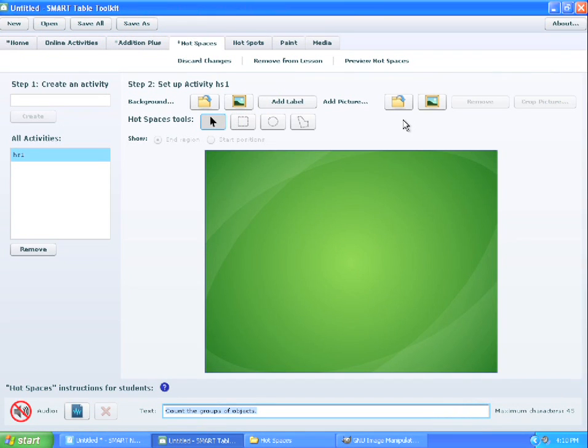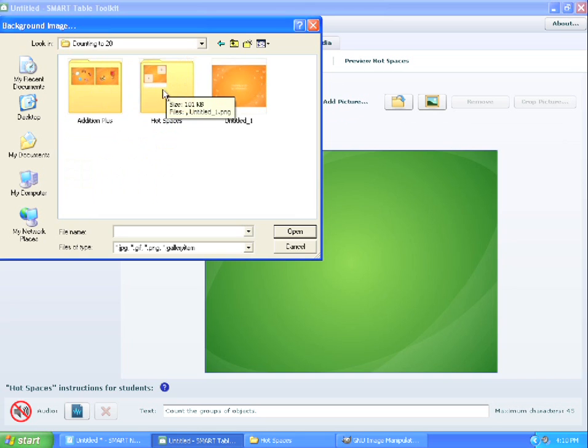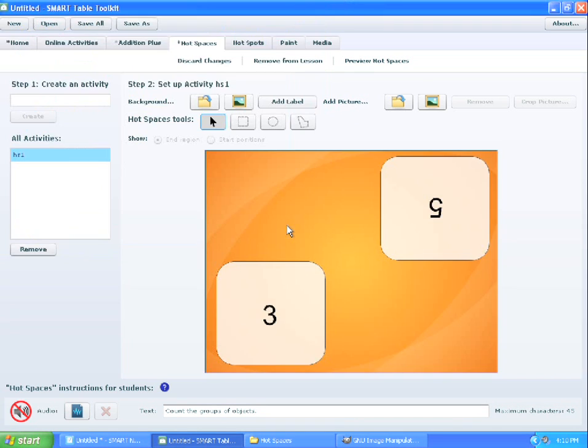Once I've created my image, I now go back into my toolkit, and I'll choose this option here, which is going to import an image for my background. I'll find the location of where I saved the image, which was in the Counting to 20 folder in Hotspaces, and I'll add this in. Now I actually need to allocate the hot space that I've drawn, so this toolbar here has the different shapes of hot spaces that I might use, and I'll be using the rectangular hot space, and I'll draw a hot space around the area I allocated,